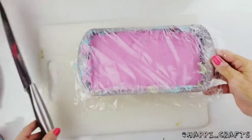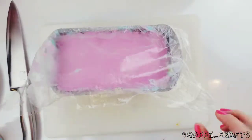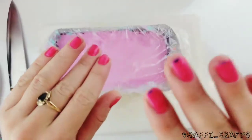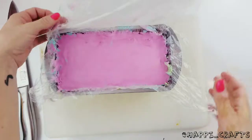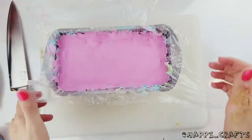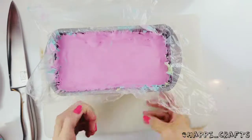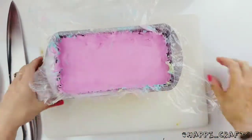All right, guys, so this has been actually sitting overnight in the freezer. You might notice my nails are changing color a little bit too, because I have my color changing nail polish on. Directions on the site, on the tutorials page, if you want to check that out. So anyways, once you let this sit,